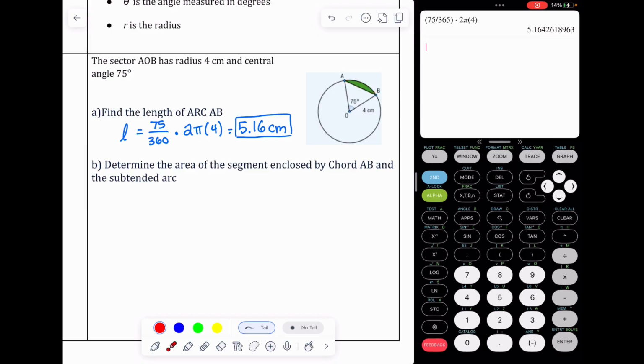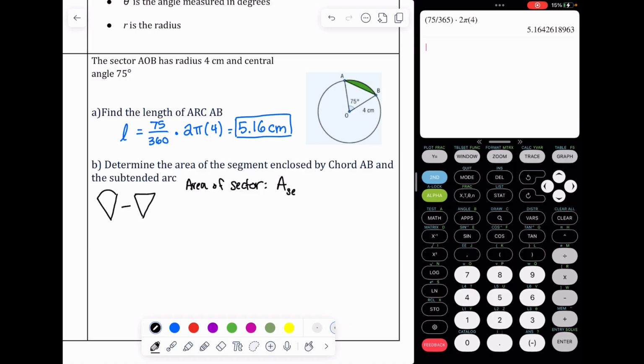But we can use what we know about how we find the area of triangles and what we just saw in our formula for finding the area of a sector. And we'll just have to subtract. So our overall plan here is, first we're going to get the area of the whole sector, and then we're going to subtract the area of a triangle. So to start, to get the area of the whole sector, we've got 75 360ths of our circle, so that will be